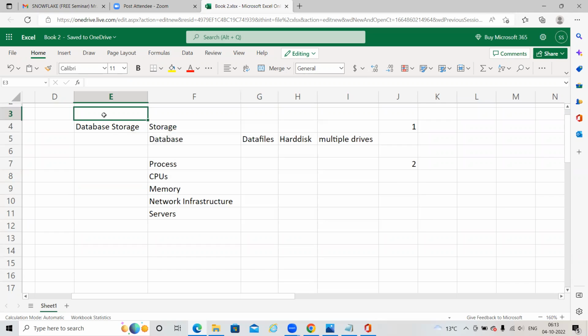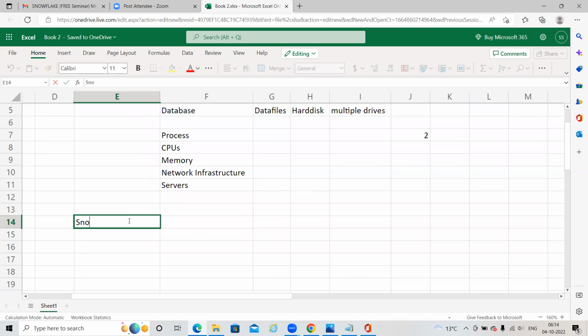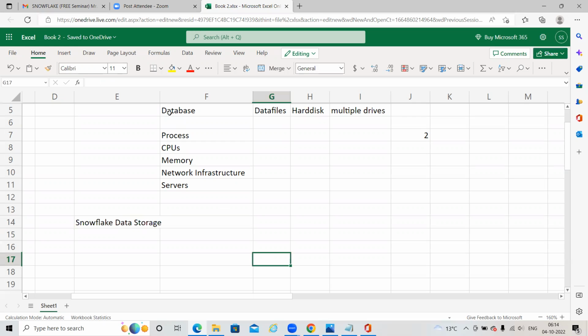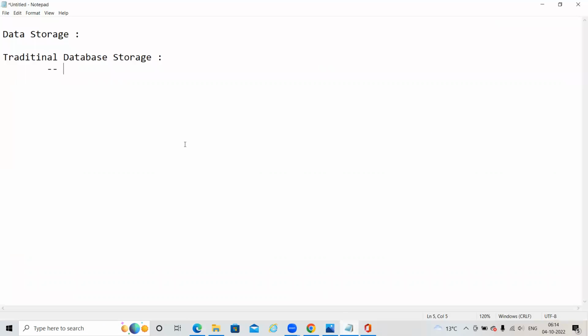Coming to Snowflake data storage. Snowflake separated the storage and compute.